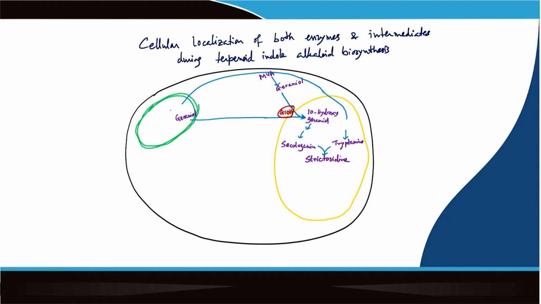So, this is tryptophan, and this geraniol is coming from MEP, that is also operated inside the plastid. I think now it is clear to all of you, and this strictosidine, once it is produced inside the vacuole,